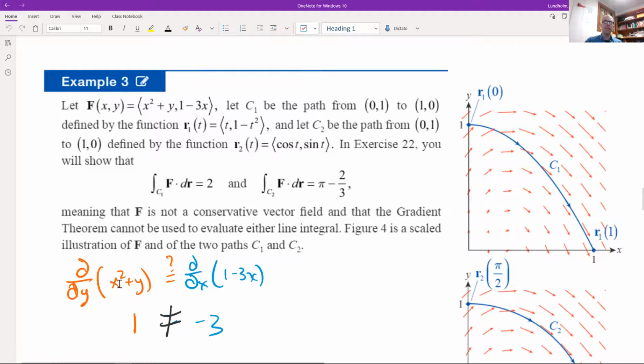So here we've already got the partial derivative with respect to x, and here's the partial derivative with respect to y. If we were going to find the mixed partial derivatives, we would take this first part, the partial derivative with respect to x, and take its partial derivative with respect to y. And when we do that, we get a 1. If we take this part and take its partial derivative with respect to x to get the second mixed partial derivative, we get a -3. And we see by Clairaut's theorem,